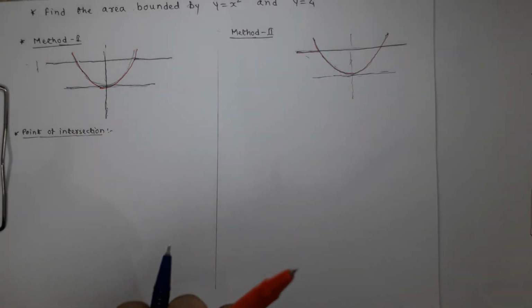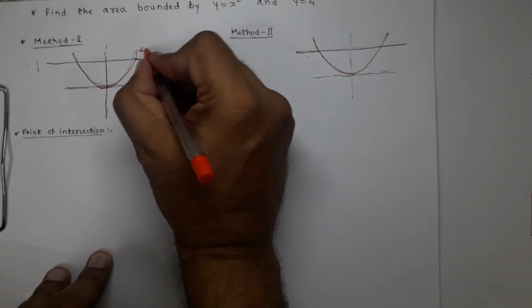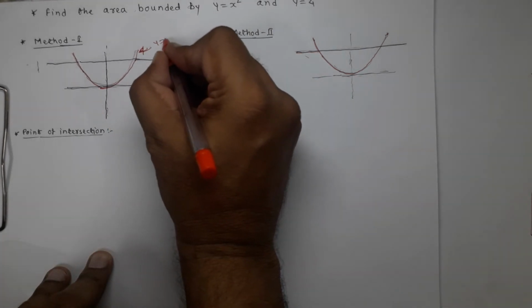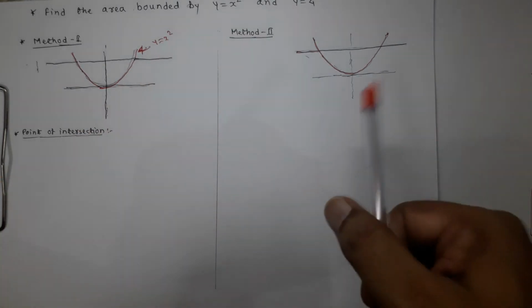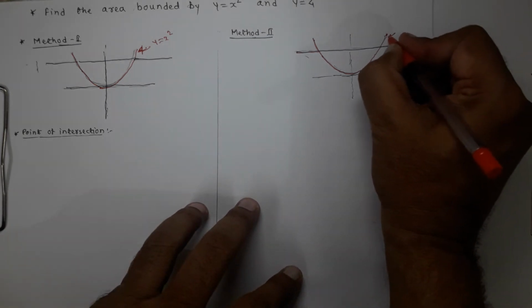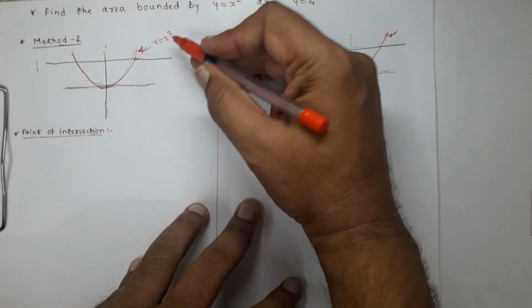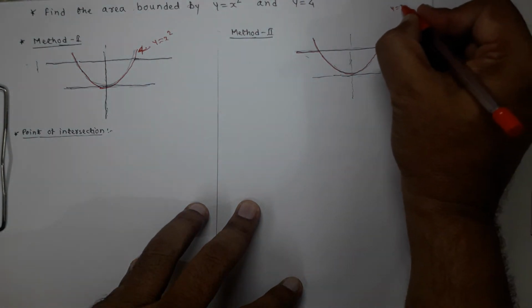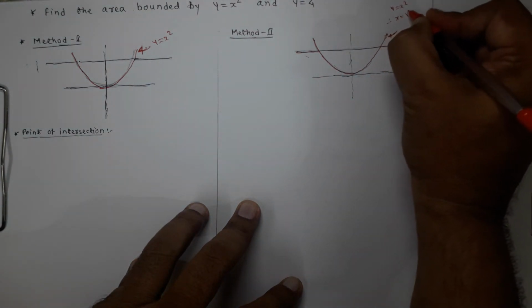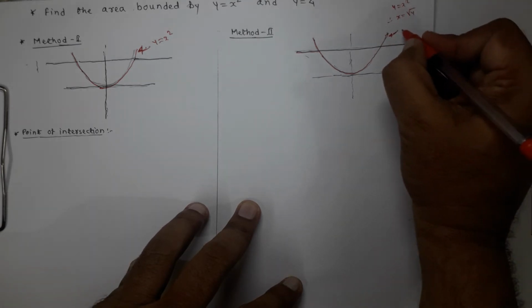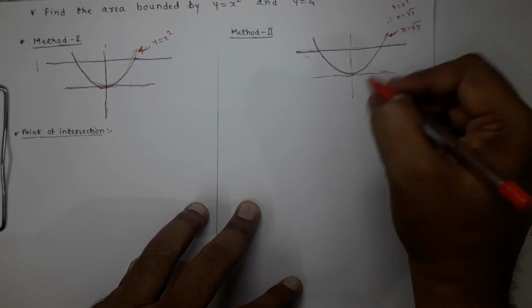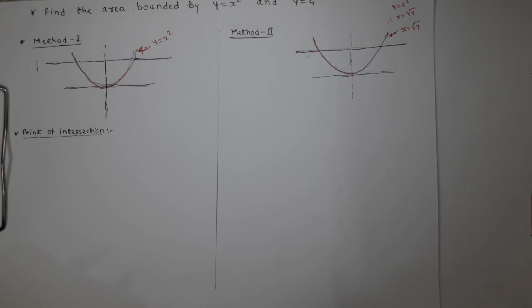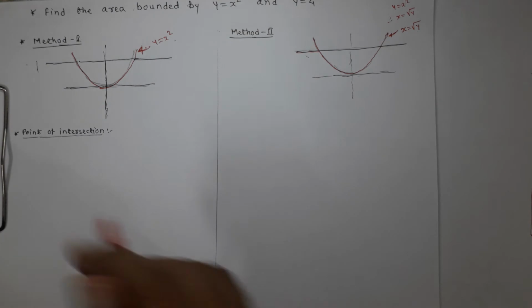Now the equation of the curve over here is y is equal to x square. So it is of the form y is equal to f of x. Now in the second method, I am going to use it in the form x is equal to f of y. So y is equal to x square, and therefore x is equal to root of y. So this equation can be written as x is equal to root of y. So x is a function of y. This is how I am representing the equation of this curve. So it is in the form y is equal to f of x, and it is in the form x is equal to f of y.